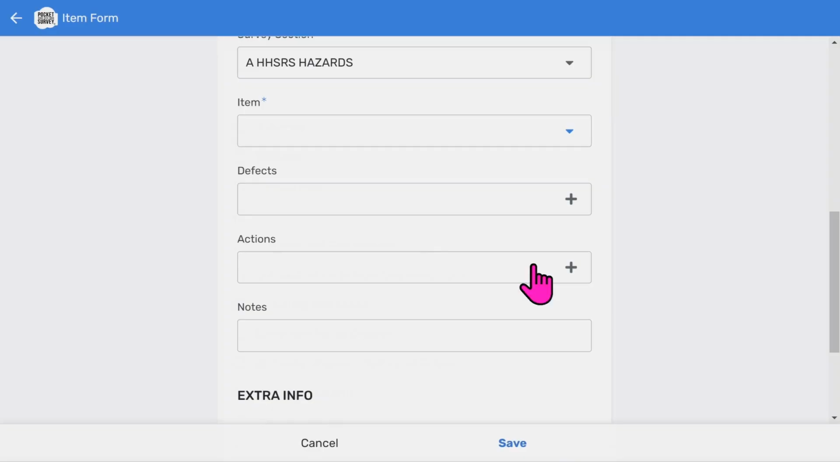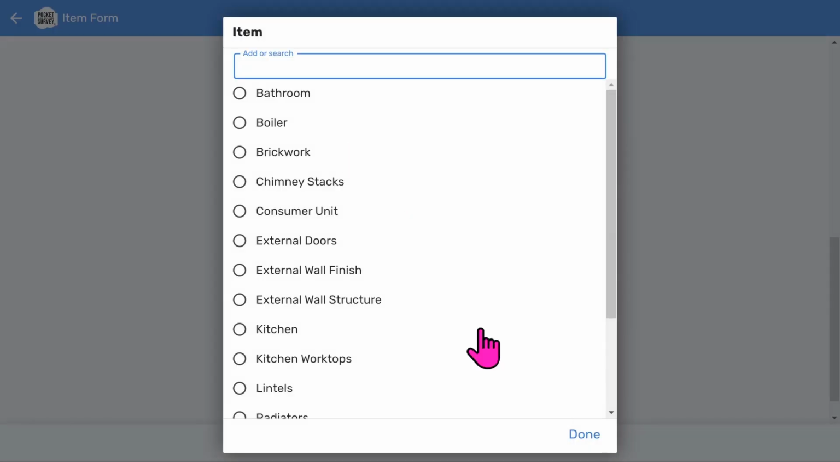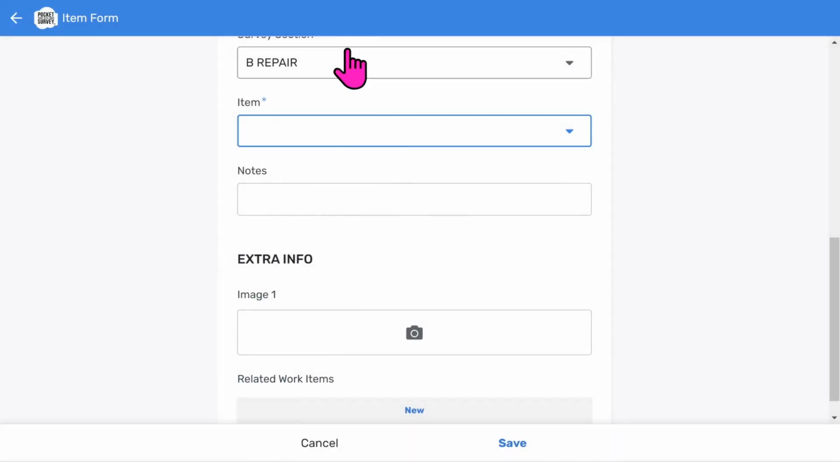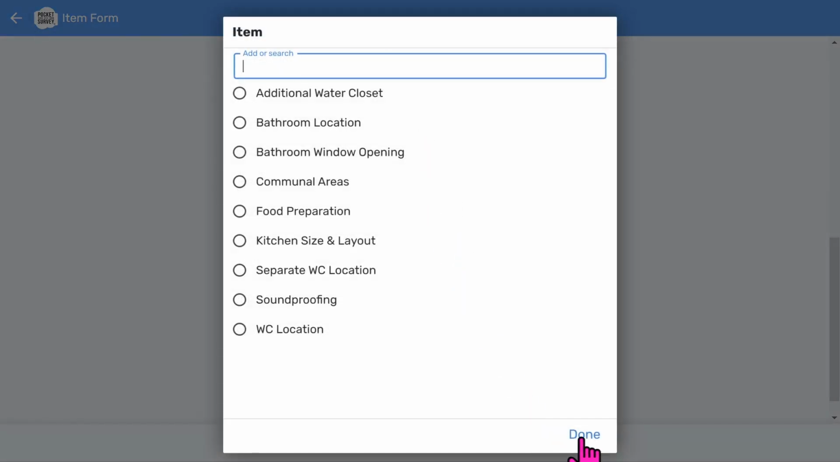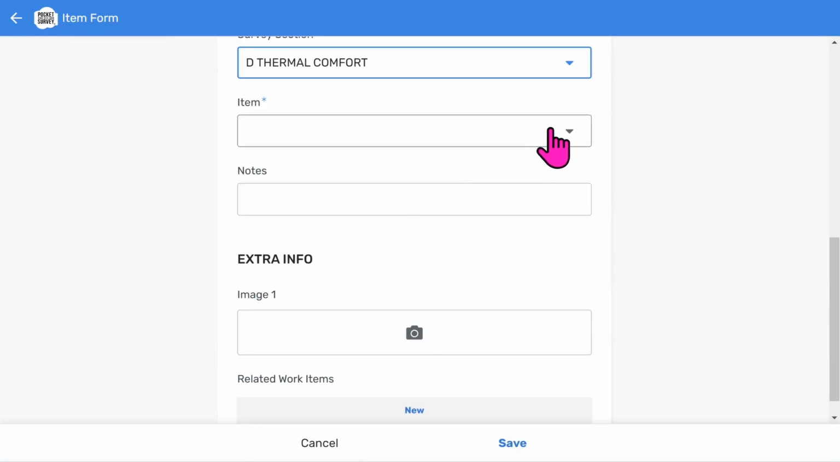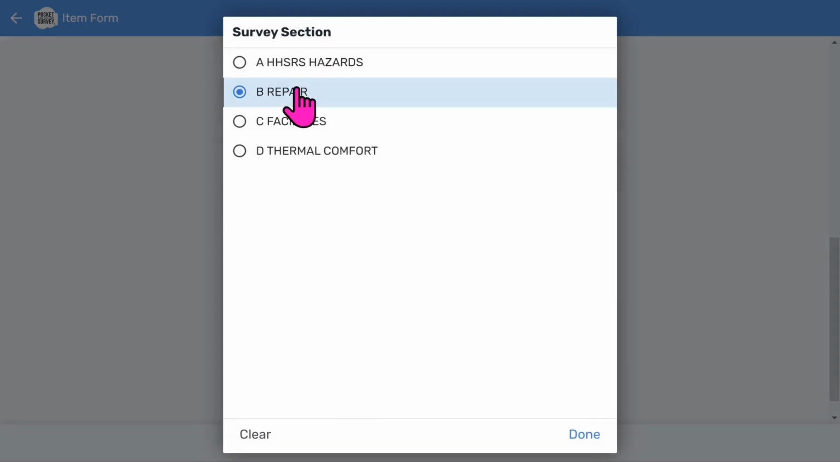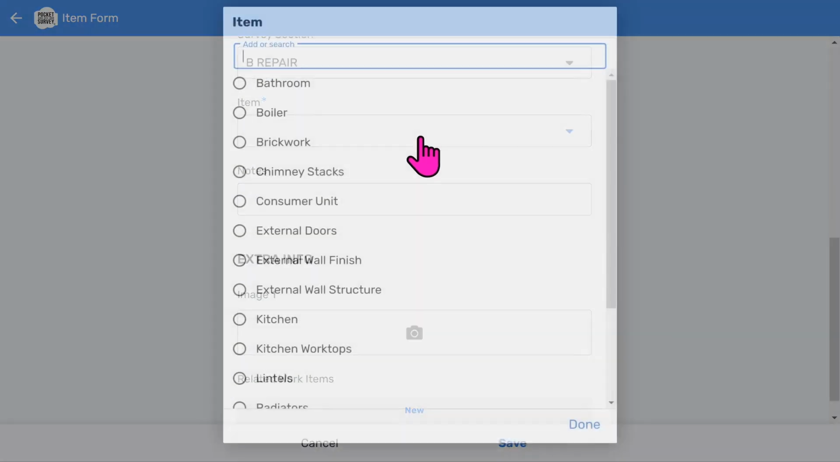HHSRS hazards, repairs, facilities, and thermal comfort. The repair section is the most detailed, so we'll choose that to explain how to enter inspection